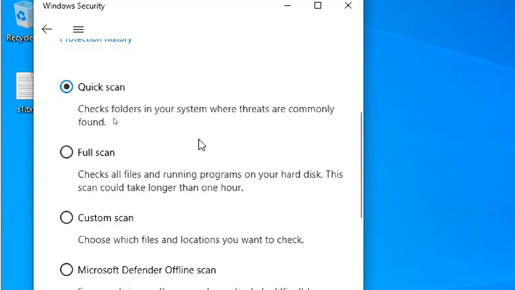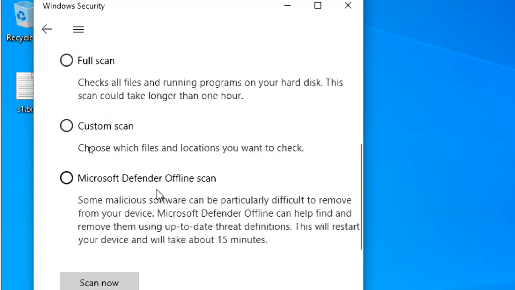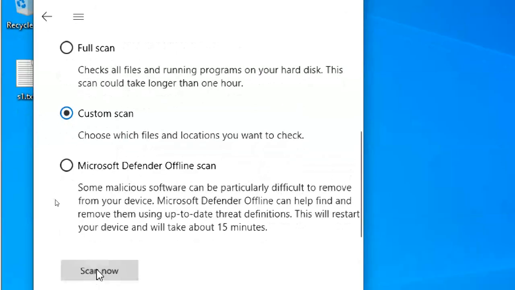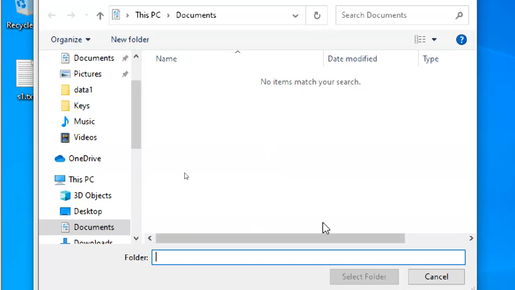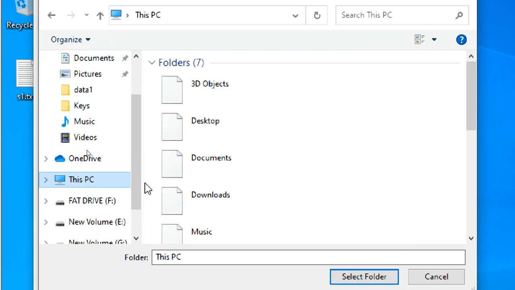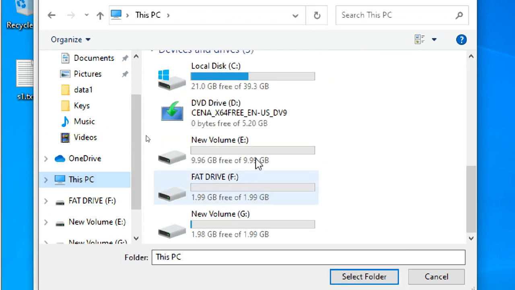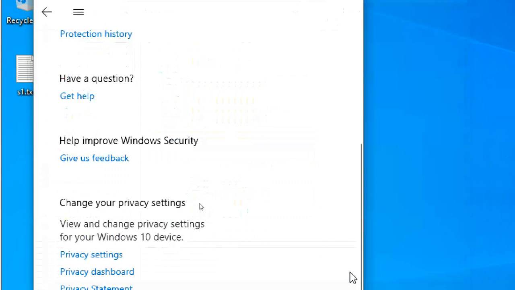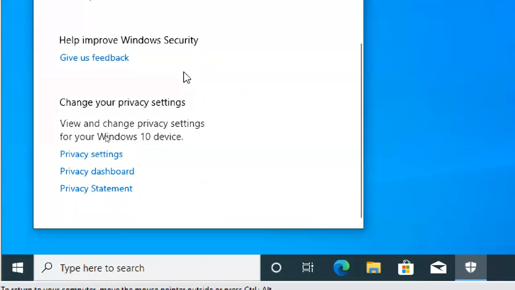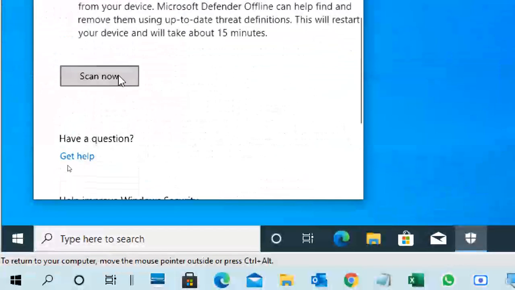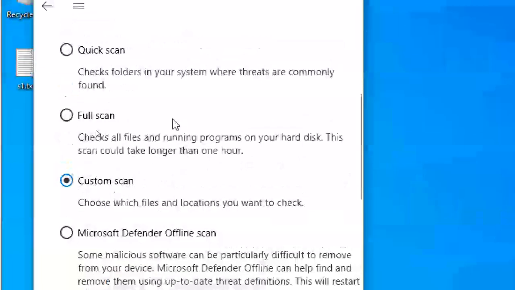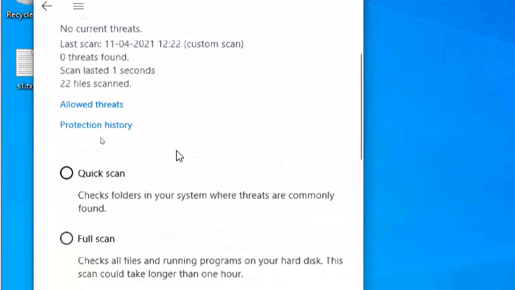Then it became malware protection, and now it is a complete package. Custom scan means you can scan whatever drive you want. For example, I want to scan only my E drive, or I can select a folder and then scan it. Scan now.